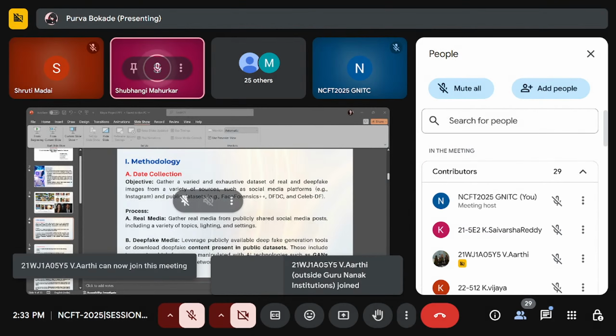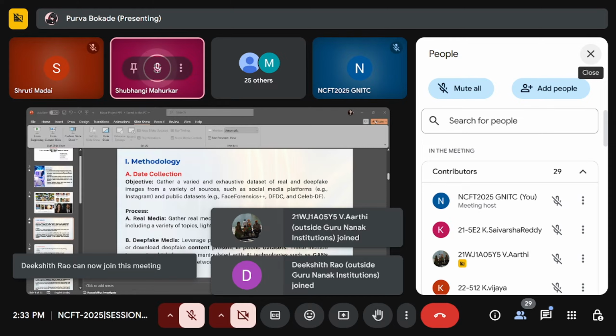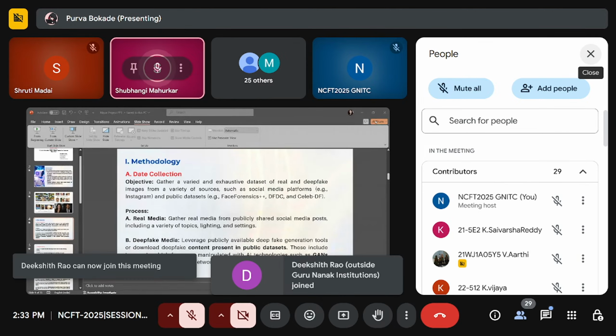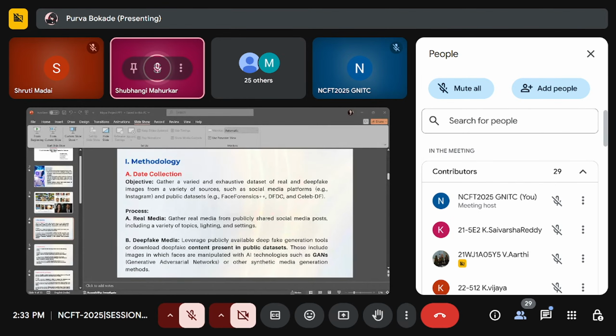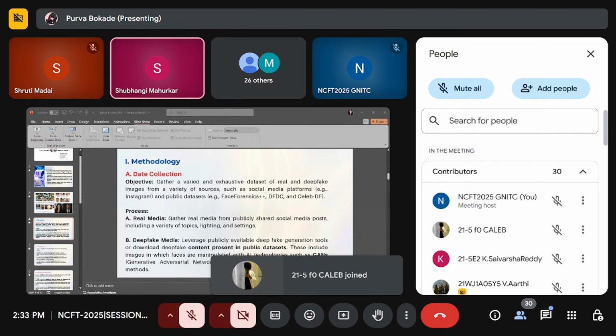The next step is pre-processing. Pre-processing is a very important step for our project. We pre-process the data, like we clear the noisy data and convert the data into a standardized format. We convert that data into 224 by 224 pixels. For better accuracy, we perform this step. After that,